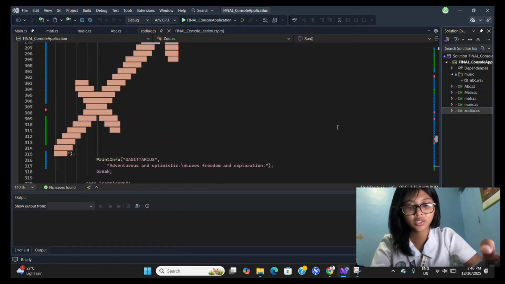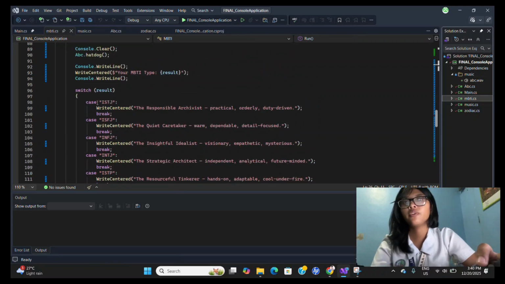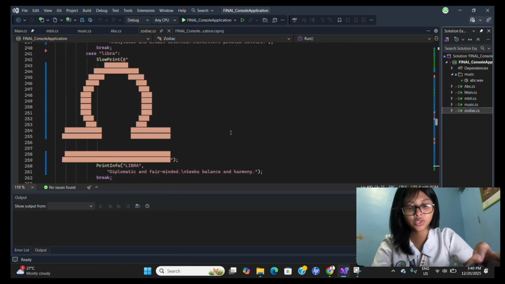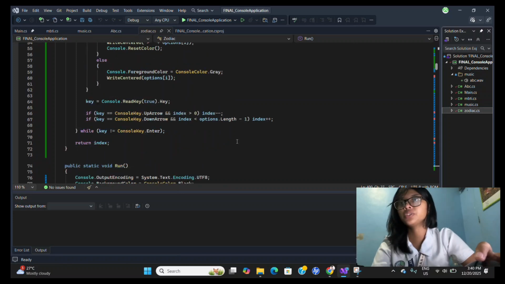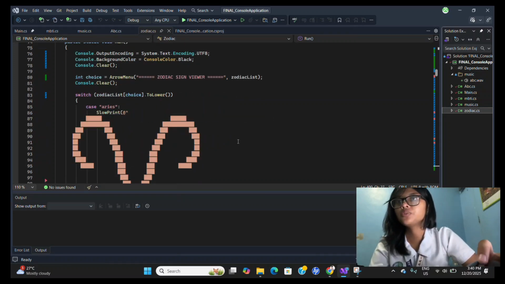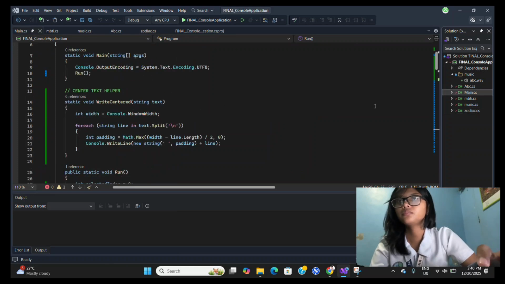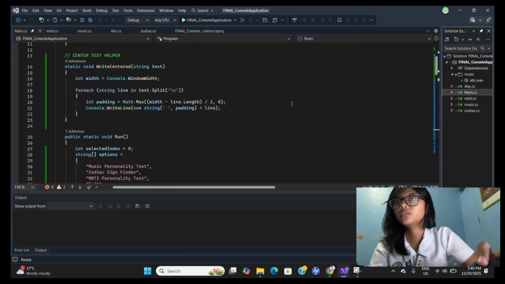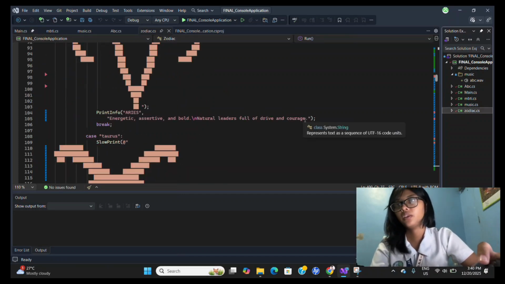We use switch statements, which have a switch and a case. For example, if we use ISTJ, we will have these results. For Zodiac, we also use arrow keys to manipulate our selection. We also added some features, like, as we can see here, a slow print effect.